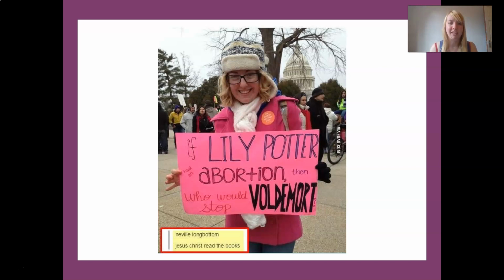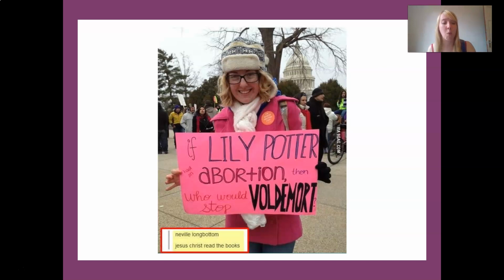And again, we can see some of the interesting back and forth that happens on social media of somebody using Harry Potter as an example of being pro-life. And a reference at the bottom that's outing this person's reading of the books, because, of course, if that's something that you are familiar with, you'll know that had Harry Potter not been the chosen one, that role would have passed to Neville Longbottom instead. So something really interesting going on here about the invocation of different texts being used for a wide variety of purposes. But we can also see tastes, preferences, and levels of knowledge being levied against people, often not in the friendliest way,